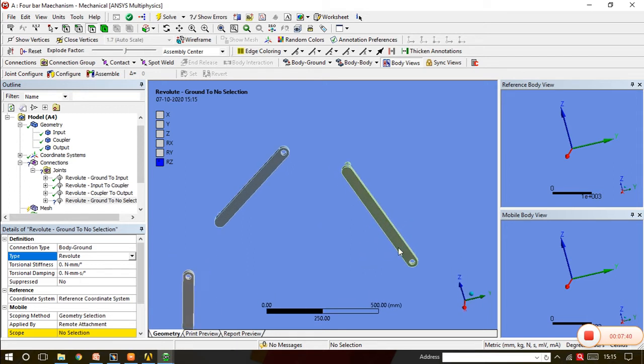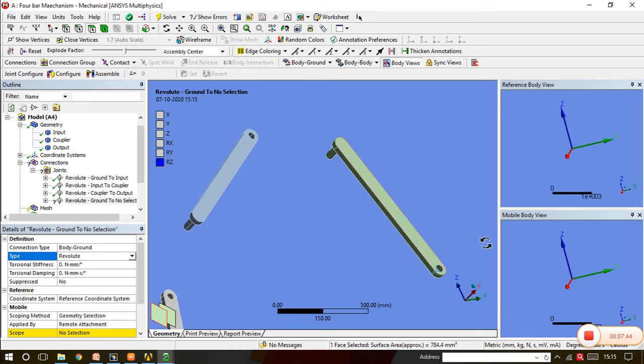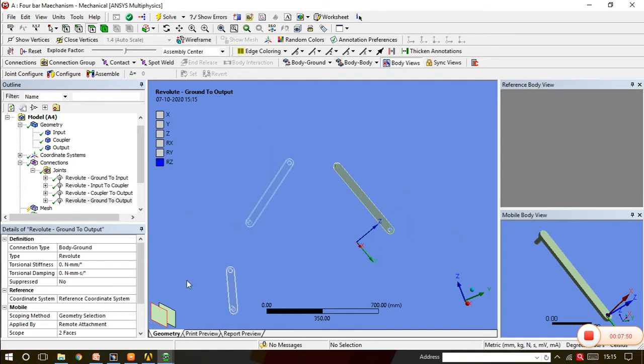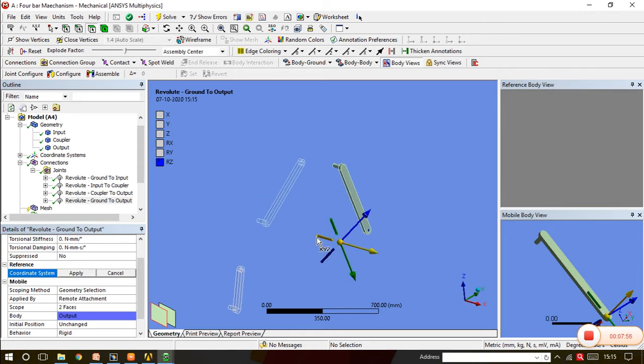So we have to select the surface. So this particular surface and this particular surface we have applied. Again the same thing, Z axis is not on its proper location, so we have to change the location of Z. So in this way we can